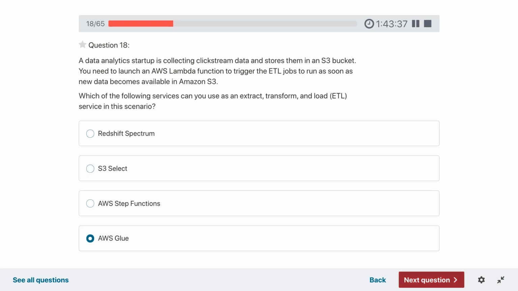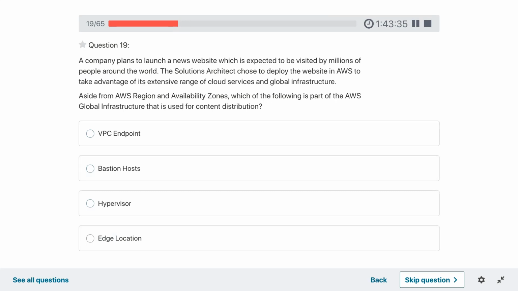A company plans to launch a new website which is expected to be visited by millions of people around the world. The solution architect chooses to deploy the website in AWS to take advantage of its extensive range of cloud services and global infrastructure.